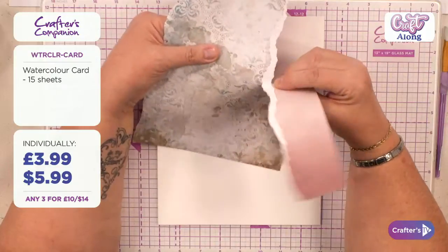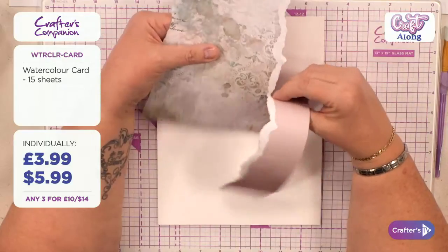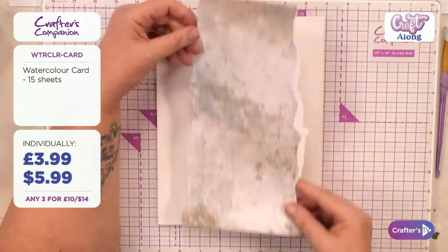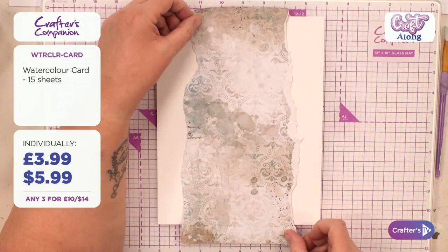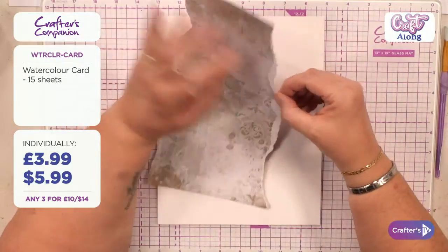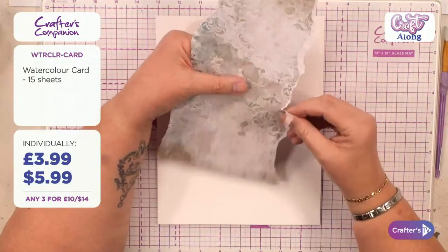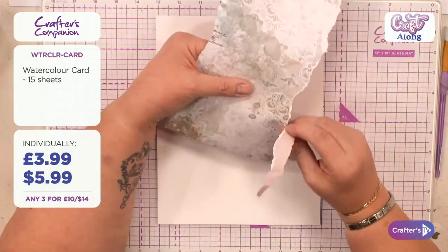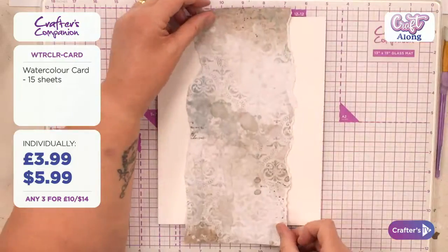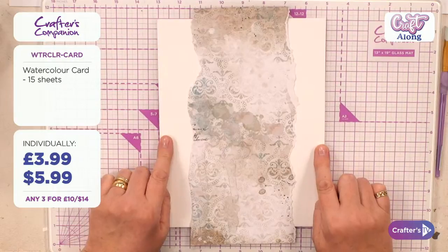Just little sort of backwards and forwards. It doesn't matter if that white core shows because we're going to cover that. Tear it all the way down and you've got that spare piece there. And you can see how I've got sort of like, now that's a little bit wide in places, so I'm just going to come again down here where it's gone a bit wider and just take it in a bit further. And it wants, as I say, to be about 2/3 of your piece of base cardstock. So I'm just going to take that edge off there, that's better. So that we've got a piece like that with a white strip at each side. Okay,